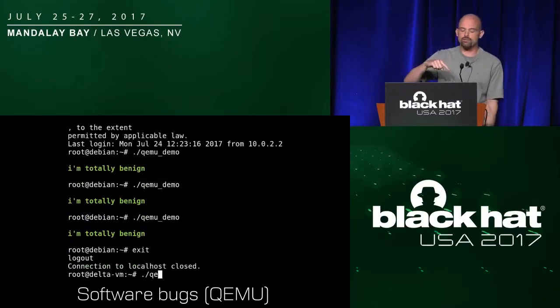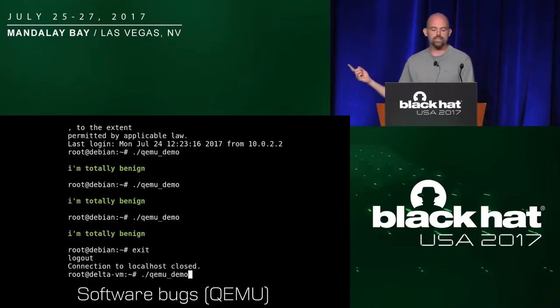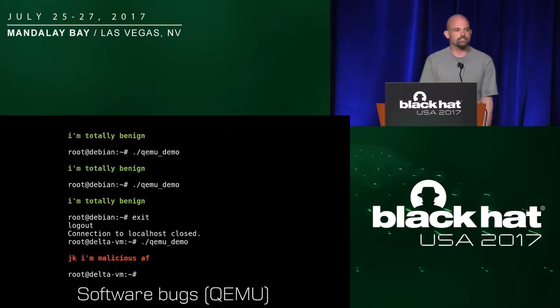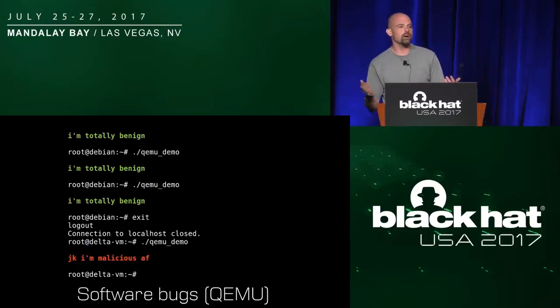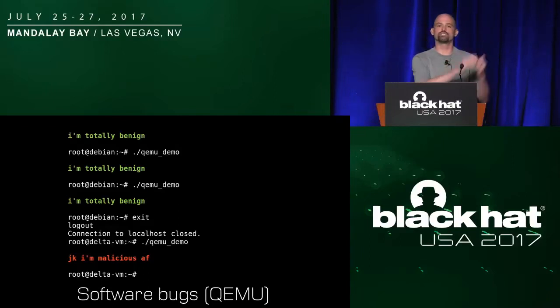But now when I exit out of my VM and I run this exact same thing on bare metal, that instruction executes differently. We now get malicious behavior from our program. And I think the neat thing about this is there was no QEMU detection logic inside of this program. It just started out with that one malformed jump instruction that caused everything else in the emulation to go haywire.